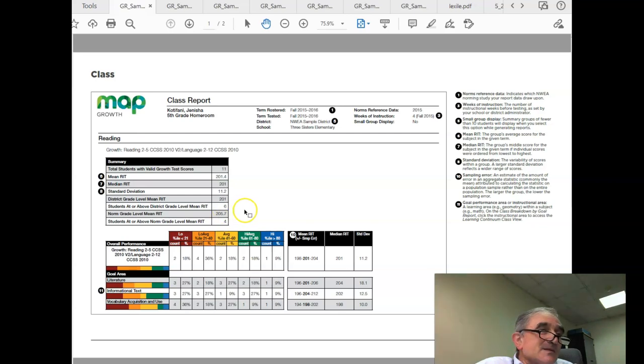And then you're going to see a distribution of your students based on whether they're average, high average, low average, on the particular goal areas within the subtest. And you also see RIT scores for each of those goal areas as well. Now, the other thing to notice, let's look at